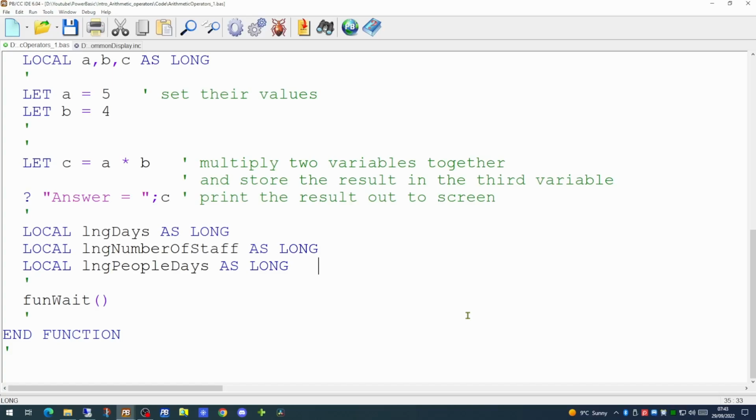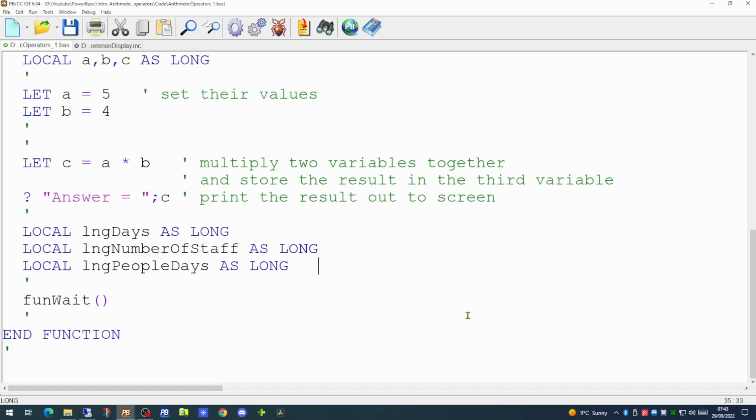This prefix is designed to indicate to anyone looking at the source code that this variable is going to be containing a long value. This way the name of the variable has 2 functions. It tells you the function of the variable, in this case we're going to be storing days in the days variable, and the fact it's going to be holding a long, which is a whole number, either positive or negative. This makes your code much more readable. And if the code has to be supported by someone other than yourself, if for example you're working within a team, this will make their job easier as well.